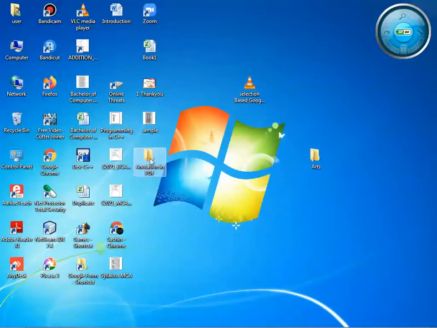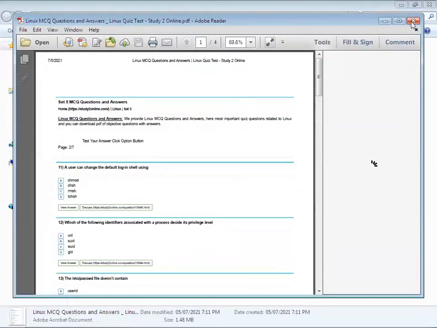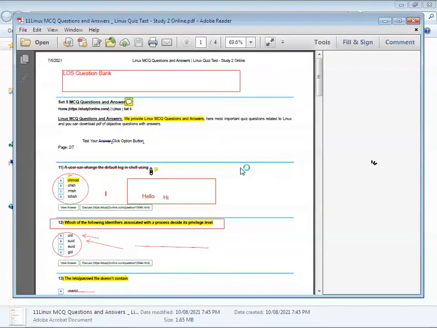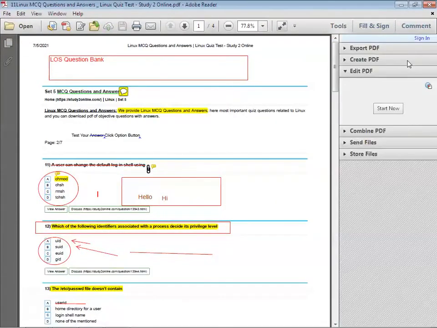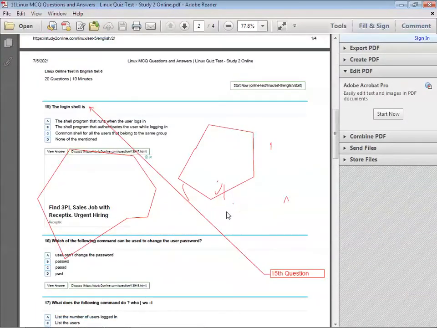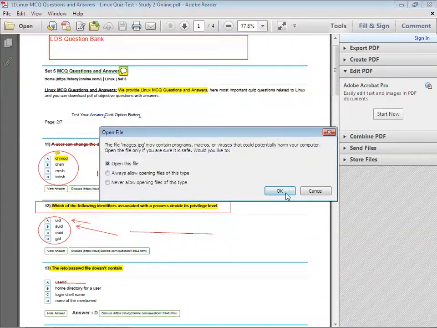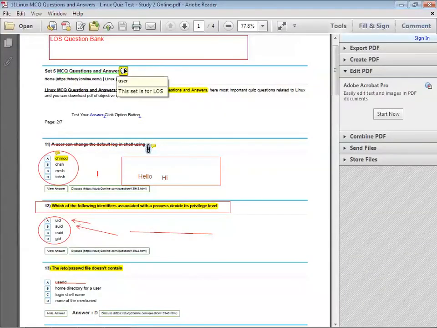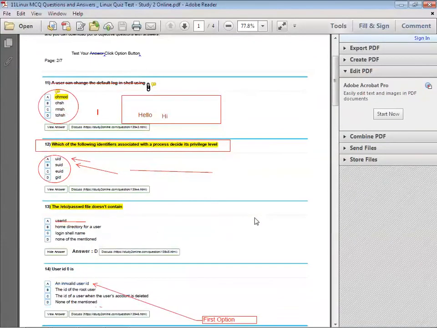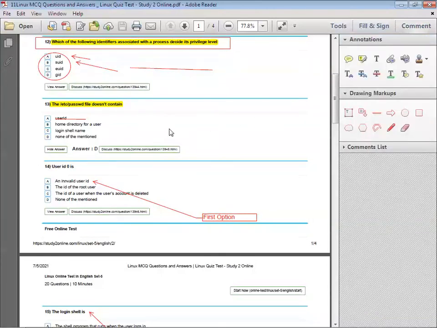We will check it. In this we have two files. This is the original file, and we have one more file, in which we made the corrections. All the annotations and the different symbols which we used are saved in this file. And this file can be easily shared with different users or students. Here we had attached the pin-like option. This can be used; open. Here we have given the text for the user. Whatever text we have given, all the annotations are saved in this file.